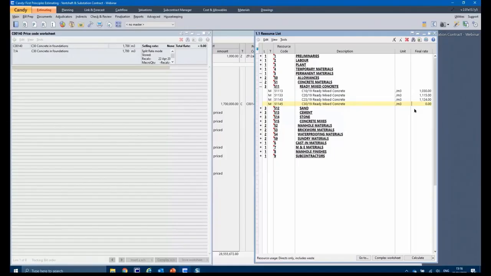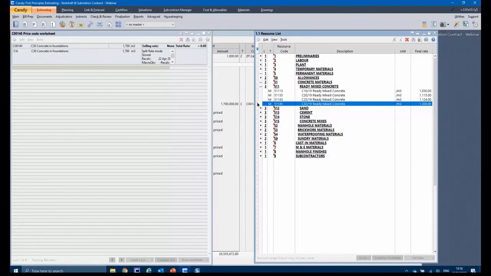Your precast concrete lintels are normally measured in meters based on the standard system, but you actually buy them in lengths. So in Candy, the resource itself, those lintels, you'd have to specify in lengths, and you'll convert it to a per cubic meter rate in the worksheet. Okay, so I'll specify my rate per cube.